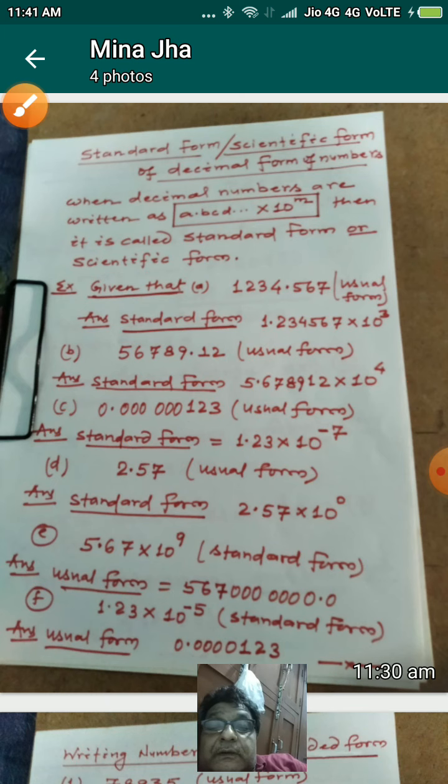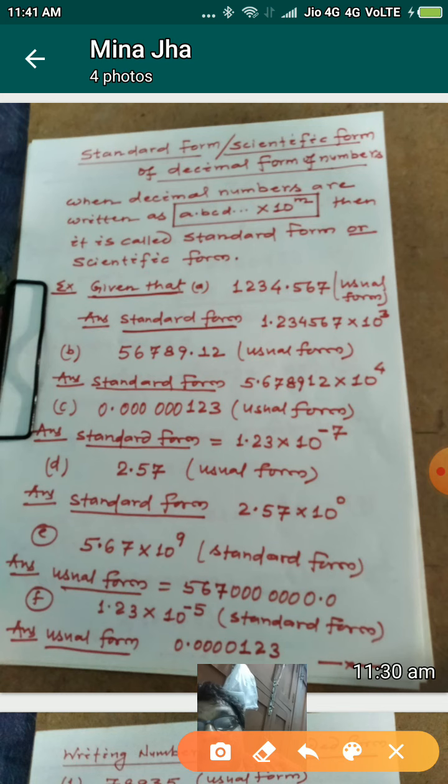Okay, now next we will learn to change the given standard form into usual form. For this, we take the number given in standard form. This is the recognition of the form: you see the number is written with the decimal after one digit, and it is multiplied by 10 having some power. This example we have already taken. We will talk about this after one more example.